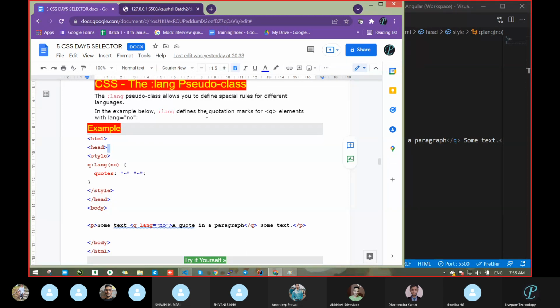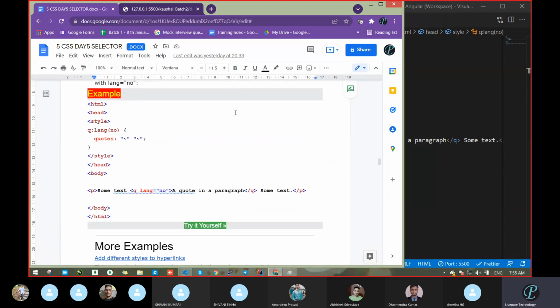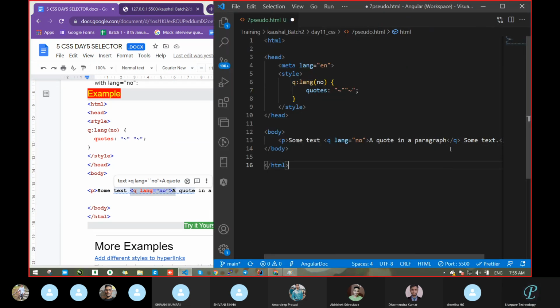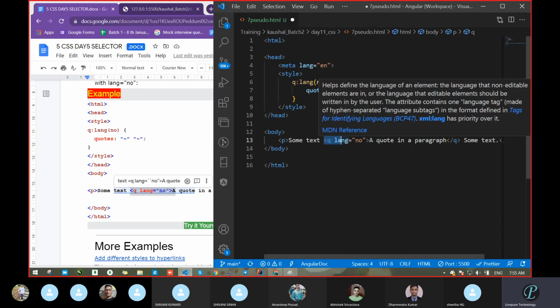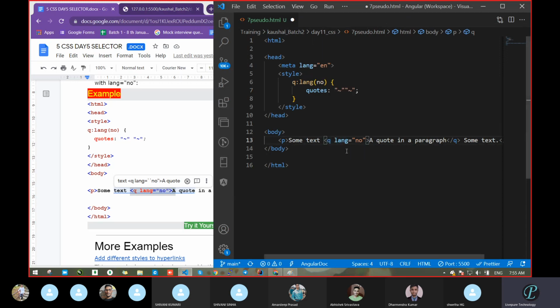We can change the symbol of the tag by using this, because here it defines the quotation mark. Here it takes q, and with the help of q it will provide you a double quote. But what it provided is quotes equal to none, and this none is referred inside this pseudo class.